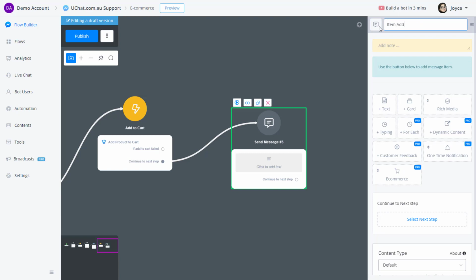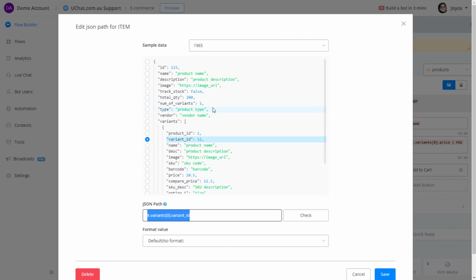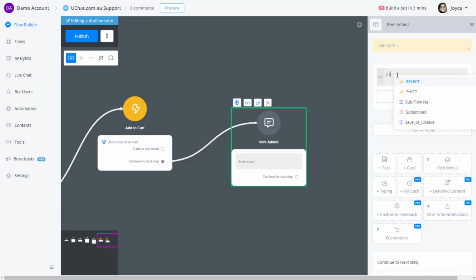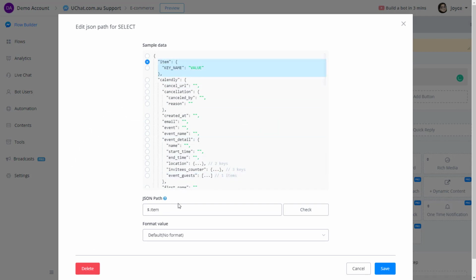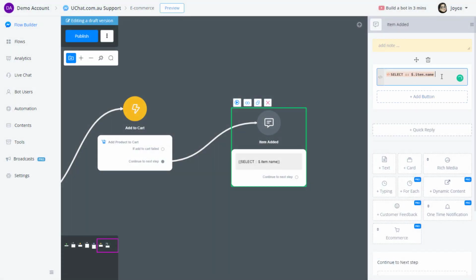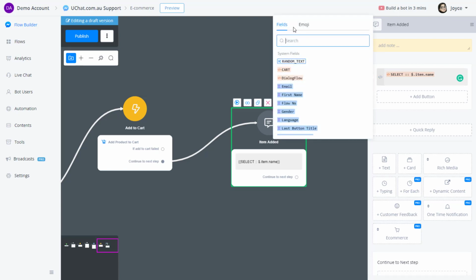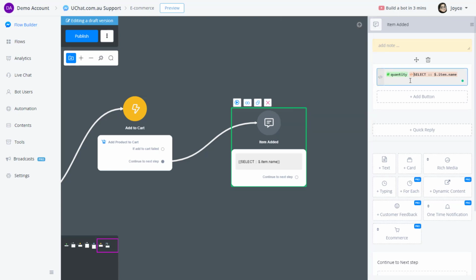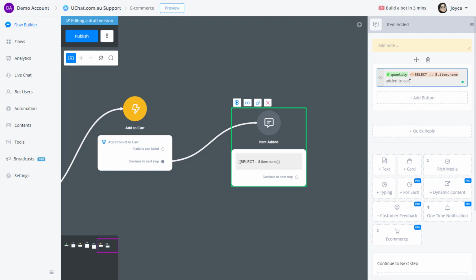Item edit. And okay, so let's check the sample data. So the item name is, this is the path for the item name. So select item, paste, remove dollar signs, and okay. Quantity this much, space this product, added to cart. Okay,